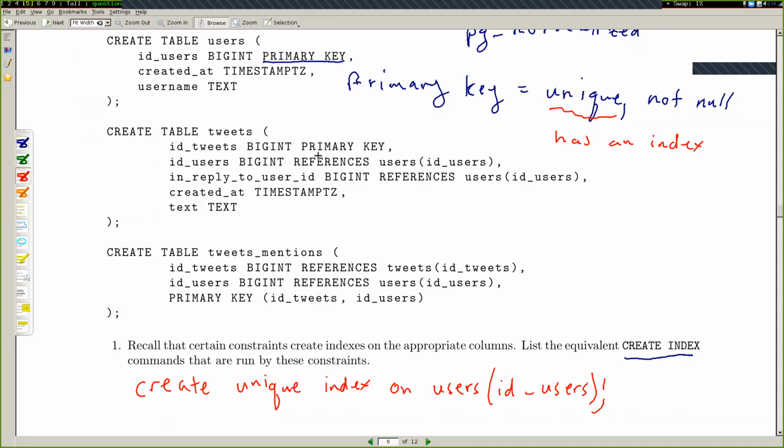Down here in the tweets table, we have a primary key right here. The references do not create any indexes. So we'll have another create unique index on this tweets, and then id_tweets,